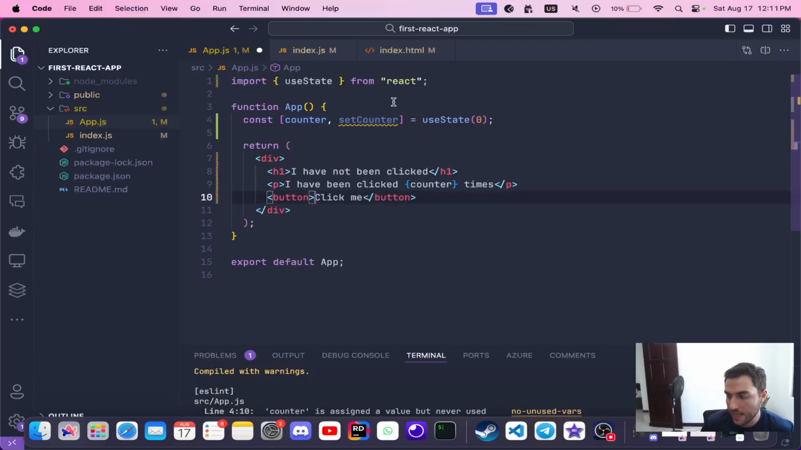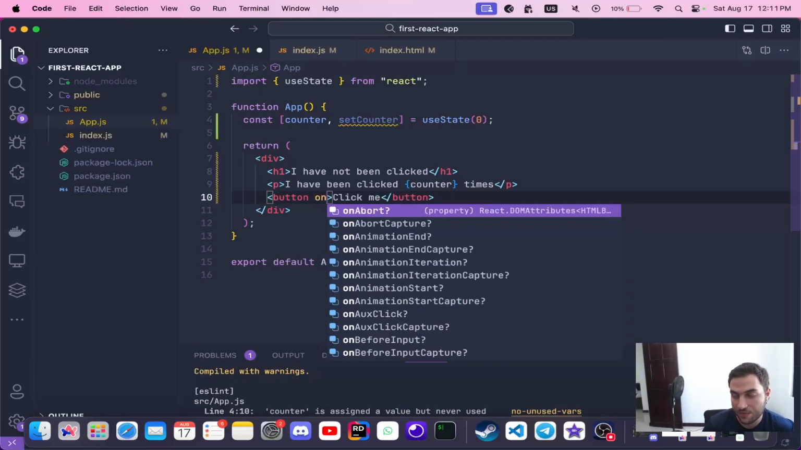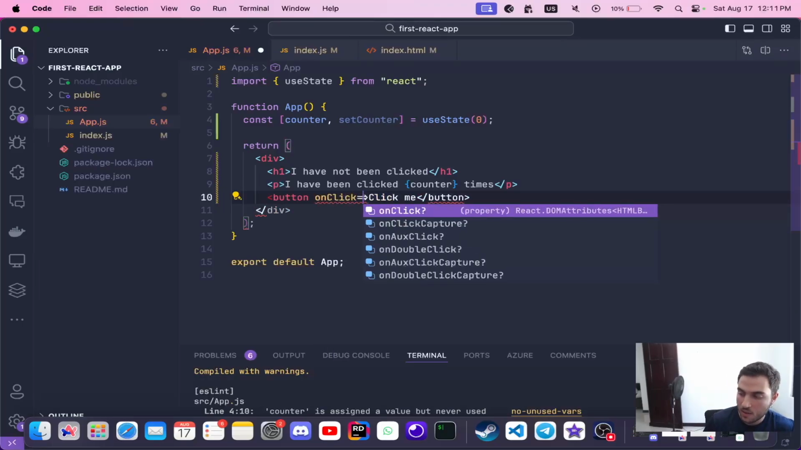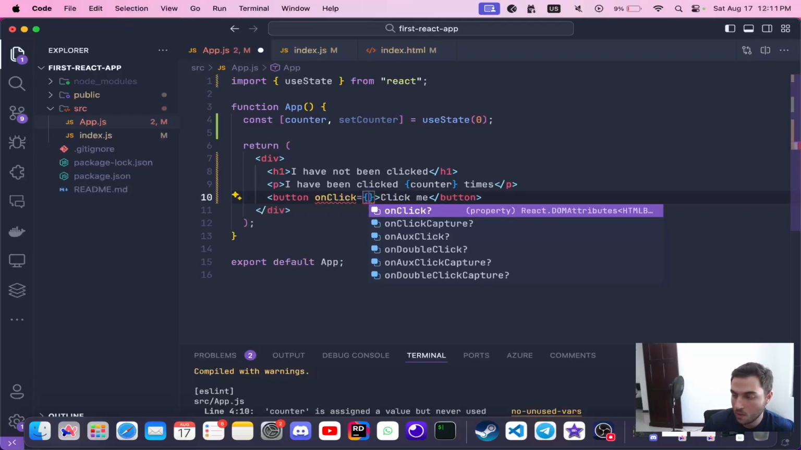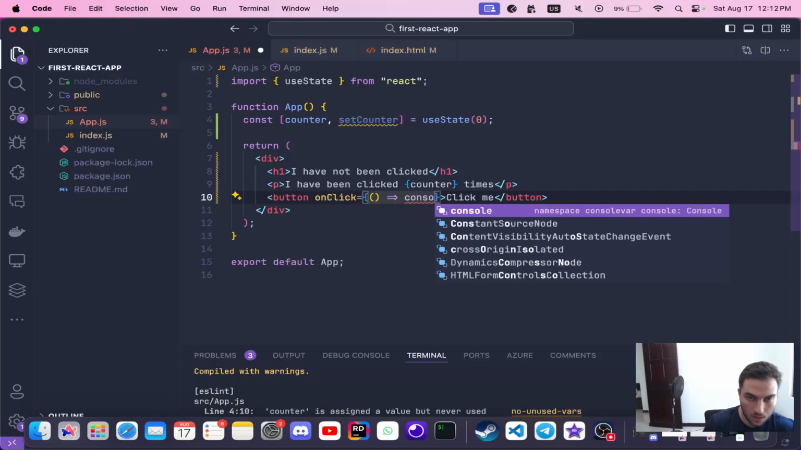All right. And now on this button, the way of adding an event listener to it is by saying on, and then the event, in this case click. So this is saying whenever the user clicks on this button, I want something to happen. In this specific case, what do we want to happen? For example, let's say console.log,